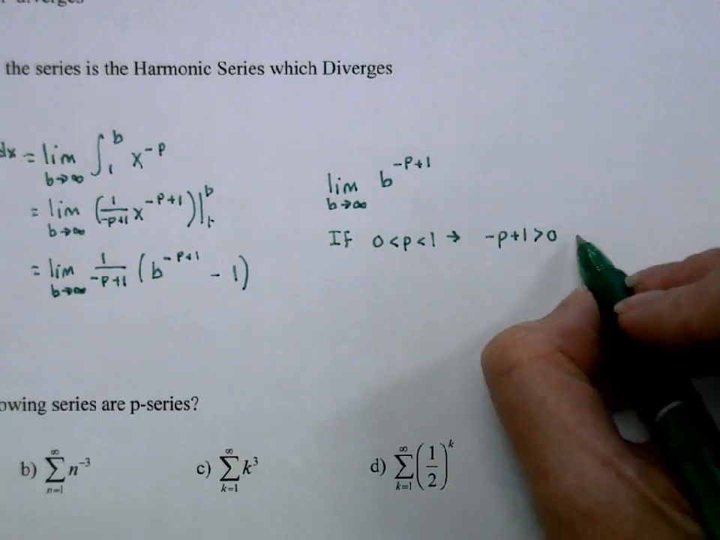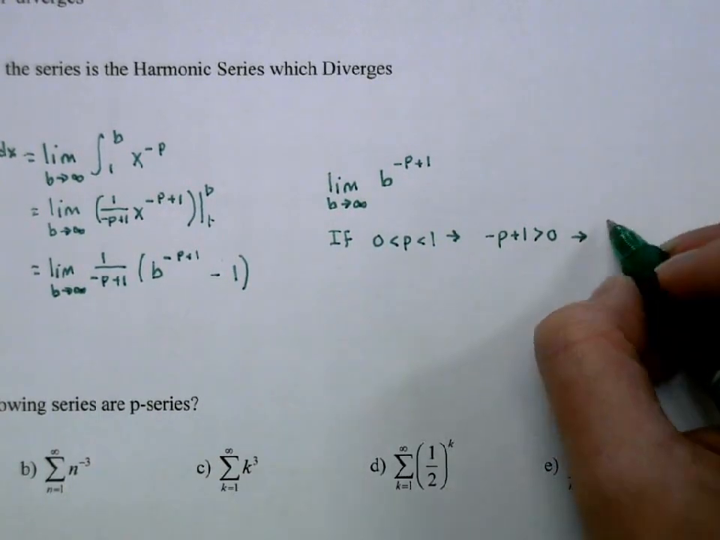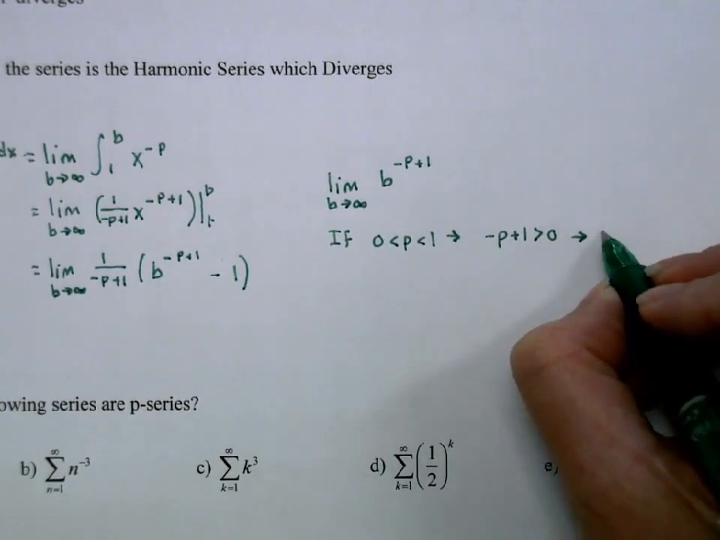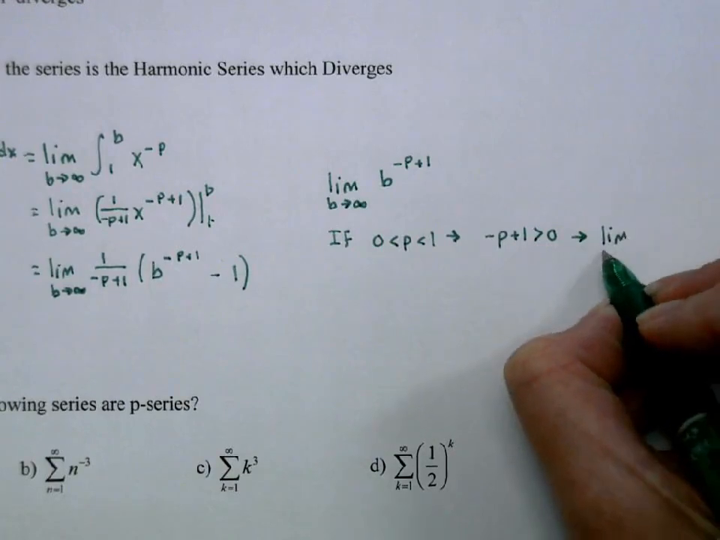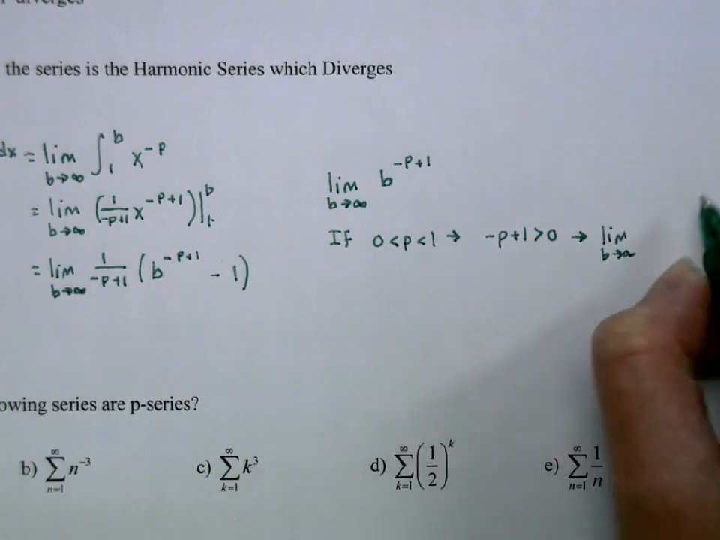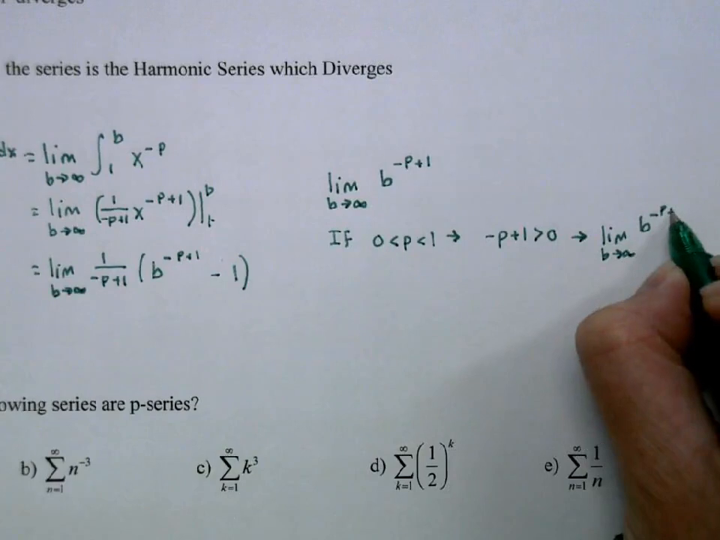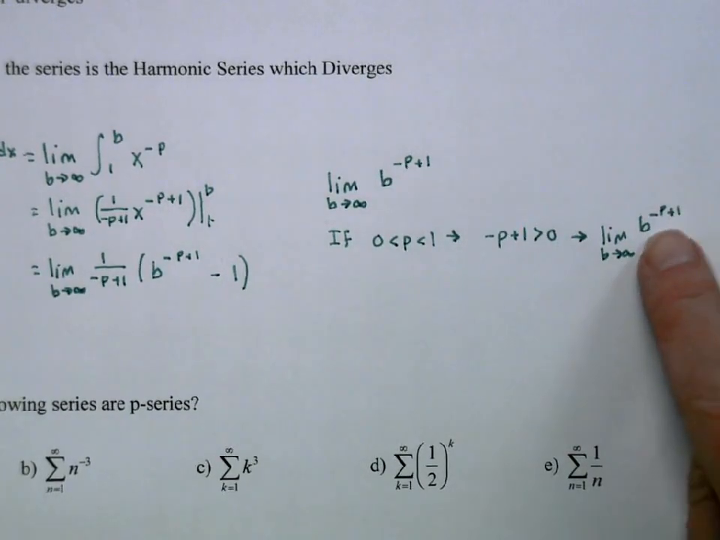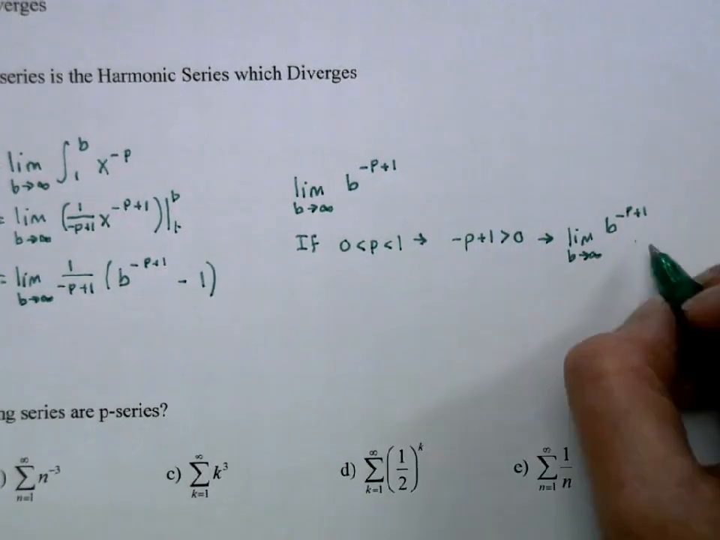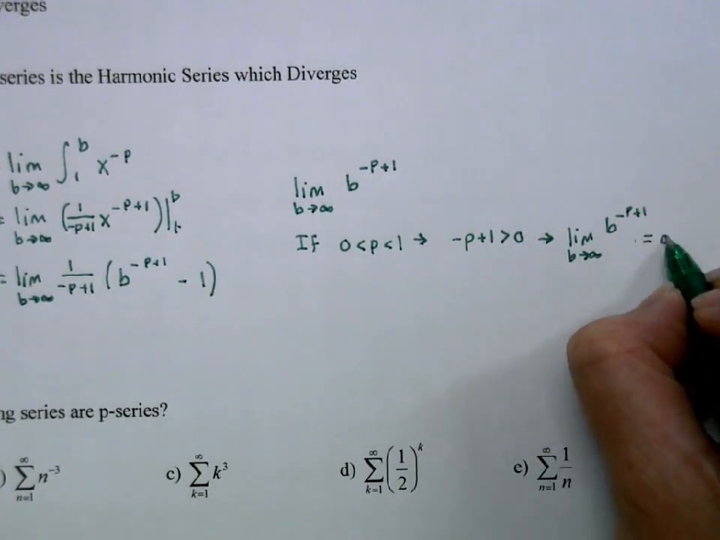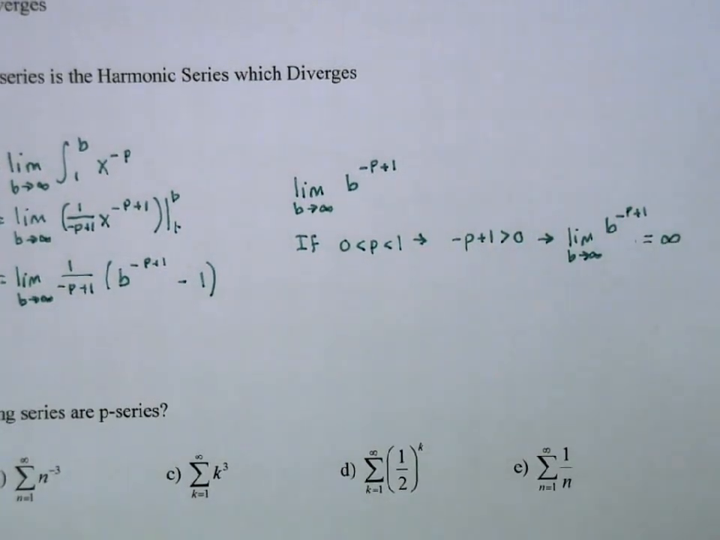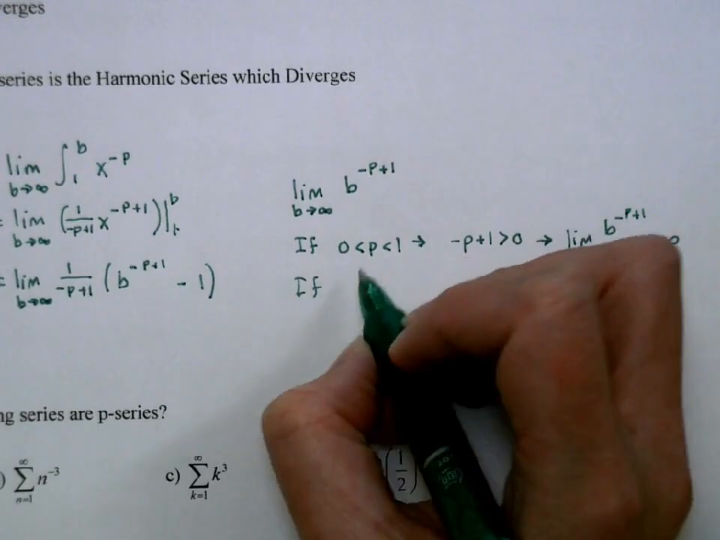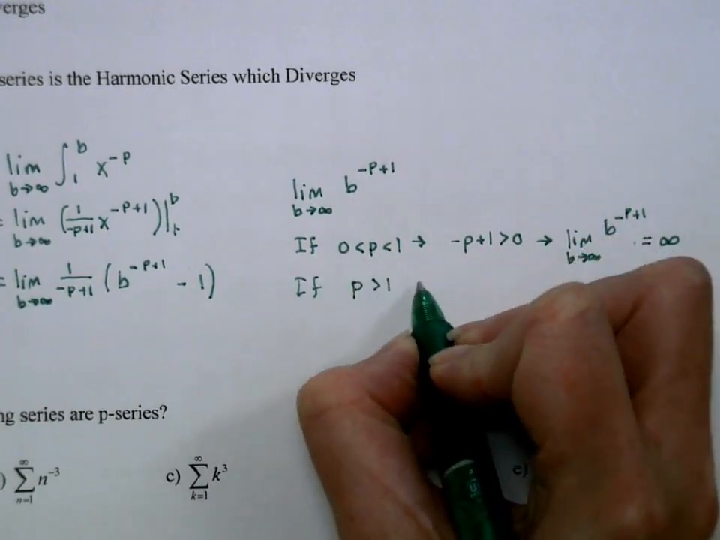Okay, so how does that help me? That means that the limit as b goes to infinity of b to the negative p plus 1, if this is a positive value and we're raising a big value to a positive value, that's going to be exponential growth, which is going to be infinity, which means if my p is between 0 and 1, we have a divergent series. If, on the other hand, my p is greater than 1,